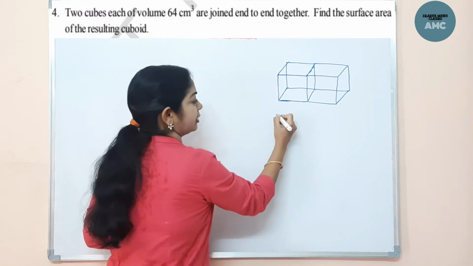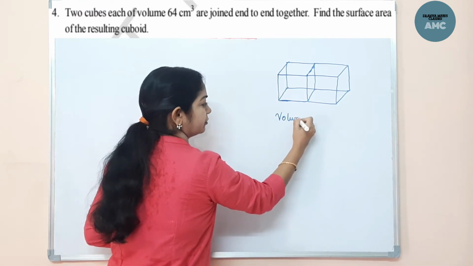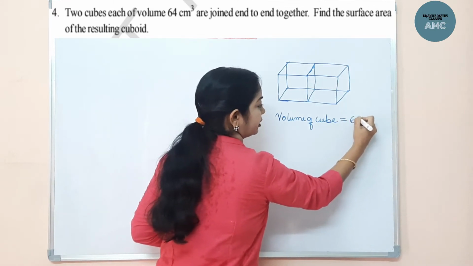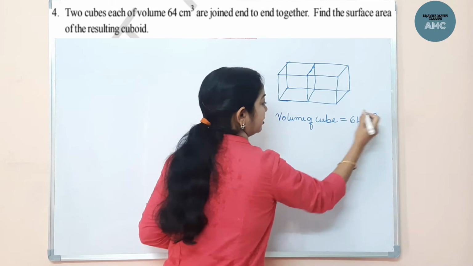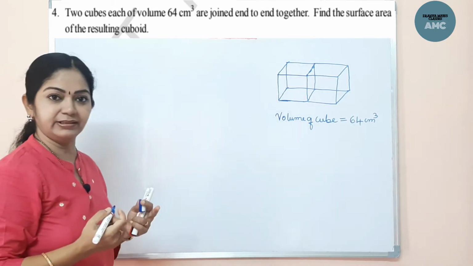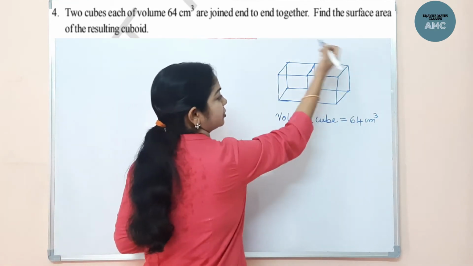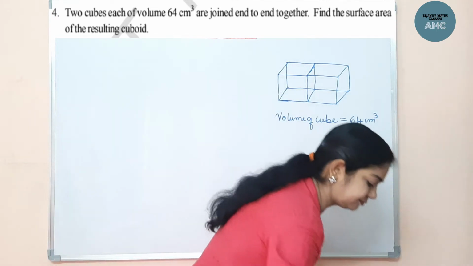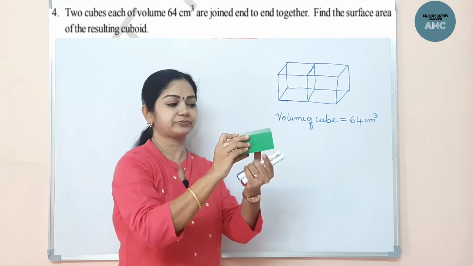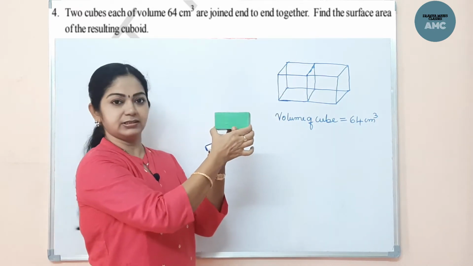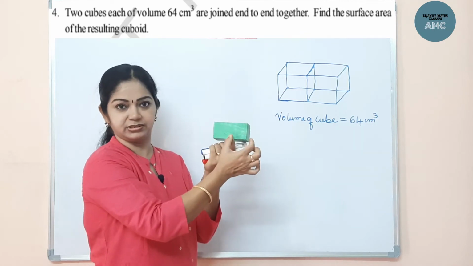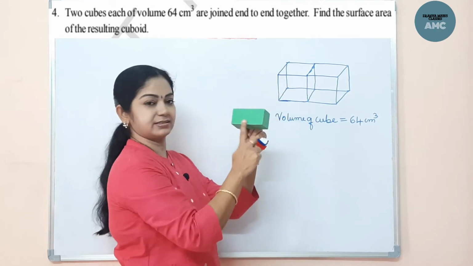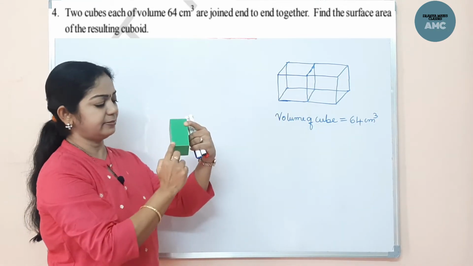Now given here the volume of 1 cube, okay, each given. So 1 cube is 64 centimeter cube. From the volume we have to get the side. Then we should find the total surface area, right? Now if I show you one model, like see, this is a model. Now this is two cubes attached, isn't it? So the combination is this one. If you see this, the length is here, the height and the breadth, right?